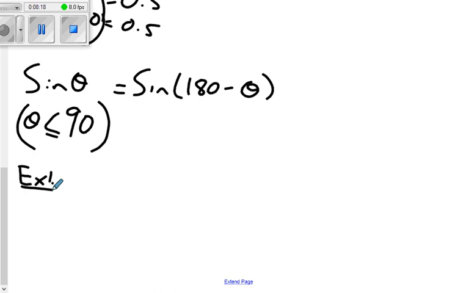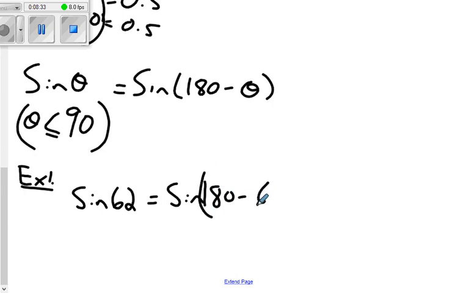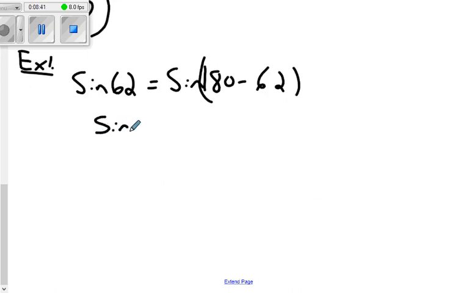So if I wanted to take sine 62, I know that equals sine 180 minus 62. Sine 62 actually equals sine